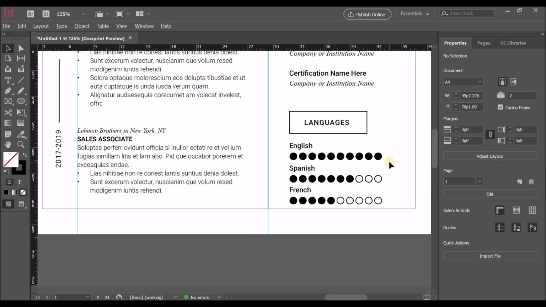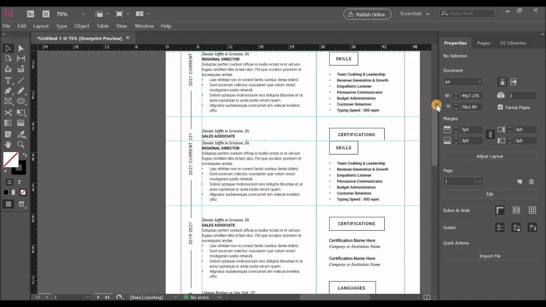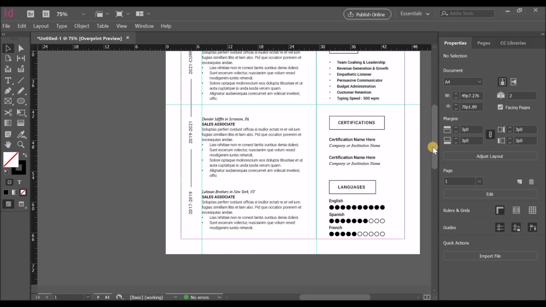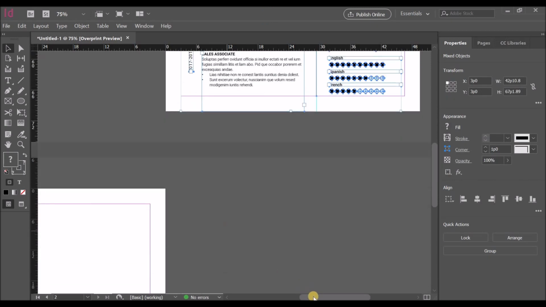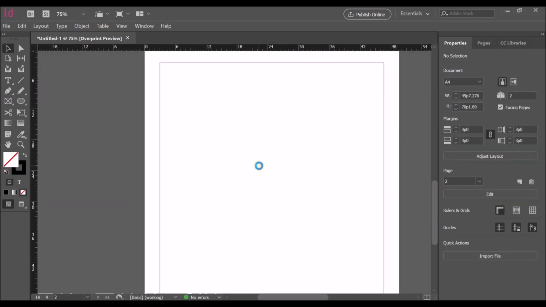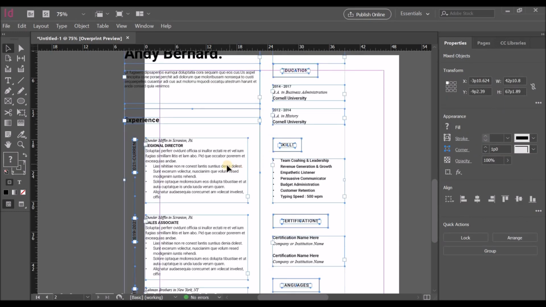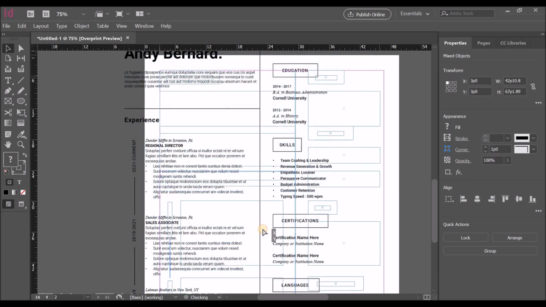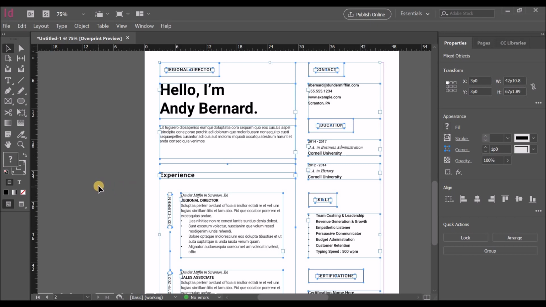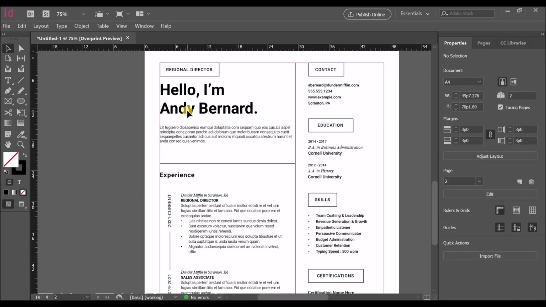Now let's move on to the next page. So to do that, we'll just copy all the content from page 1 and paste it onto page 2. Let's align it to the borders, and let's delete the information in section 1, and let's rearrange the sections